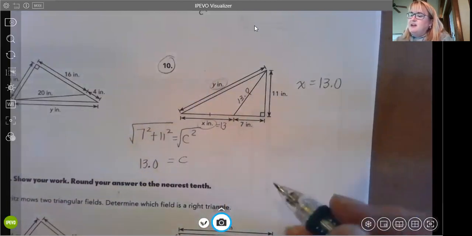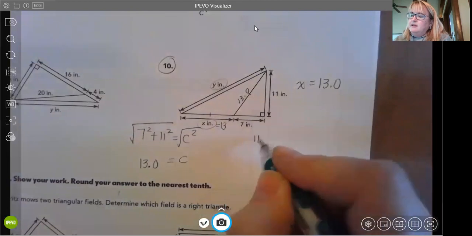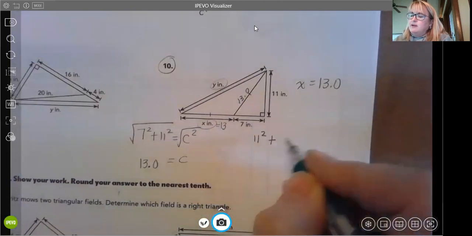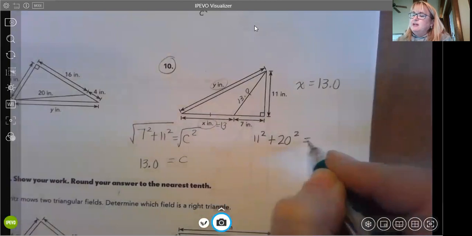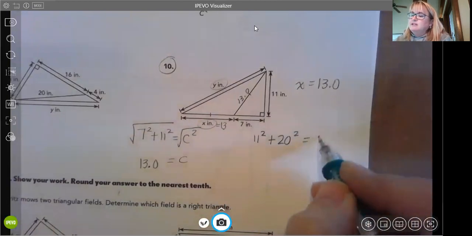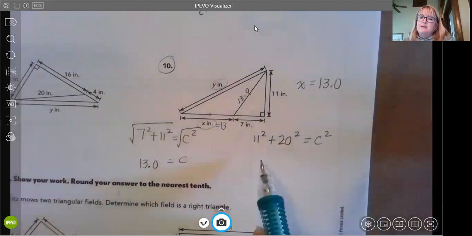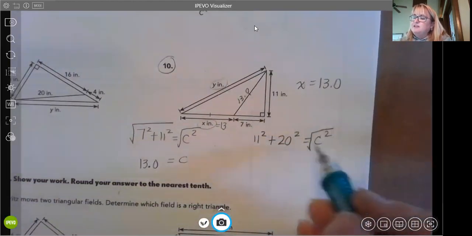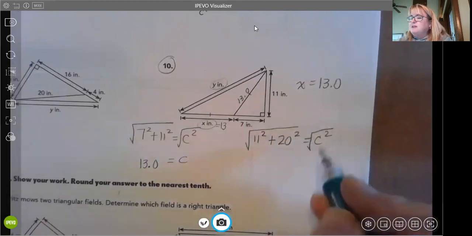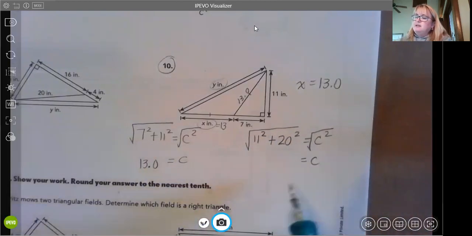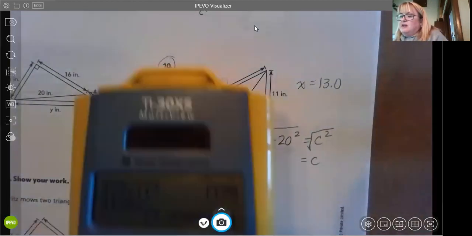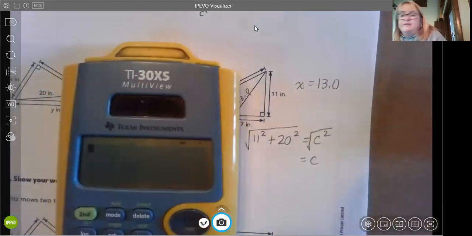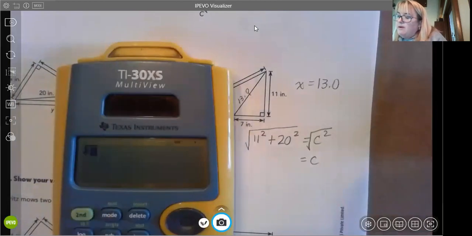So let's put that in our Pythagorean theorem. Leg is 11. Square it, plus 20 squared. So those are the two legs. That's going to equal c squared. But again, I'm going to do this right now because I know I don't want c squared. I'm going to have to find the square root, and I'm just doing that because it's a little more efficient. So let's put that in our calculator. We've got the square root of 11 squared plus 20 squared. That equals